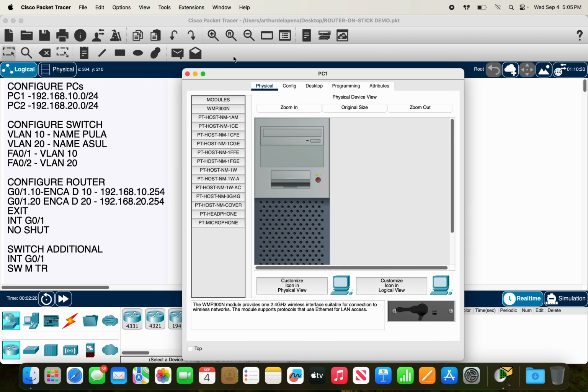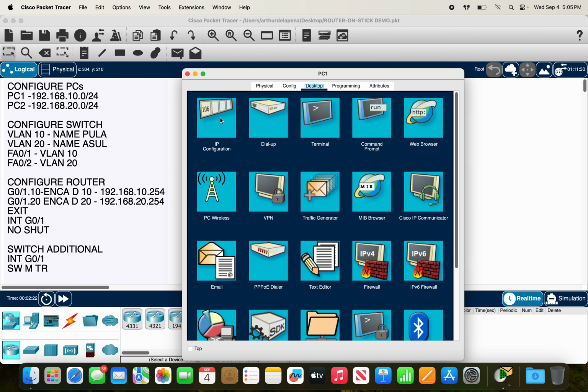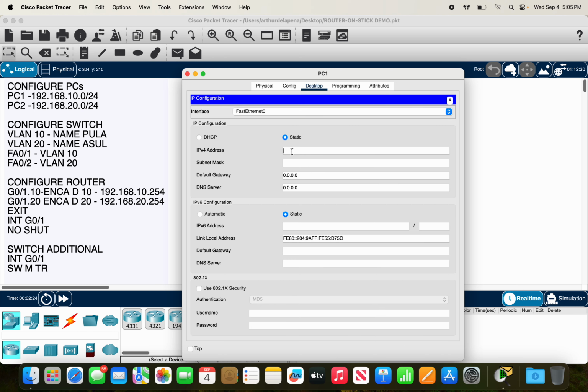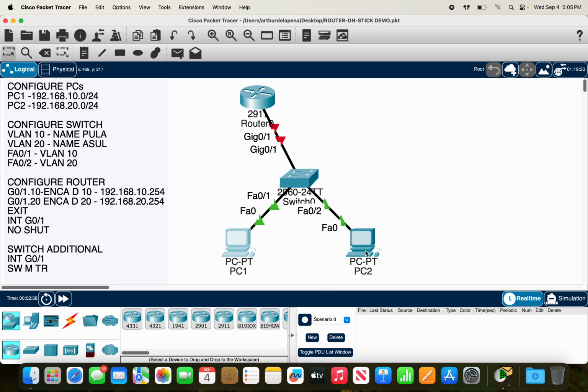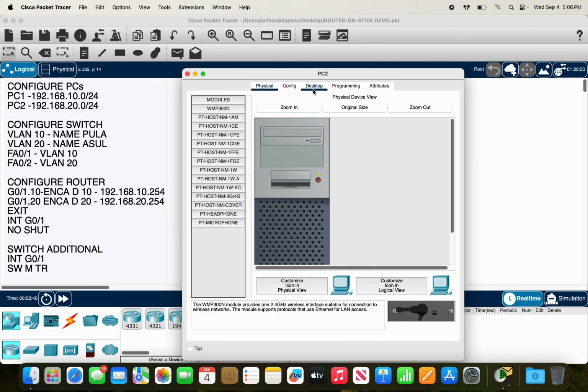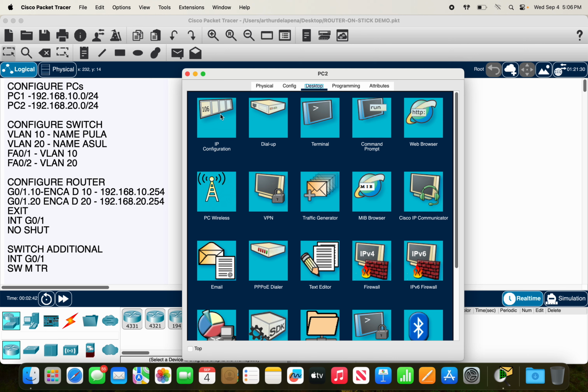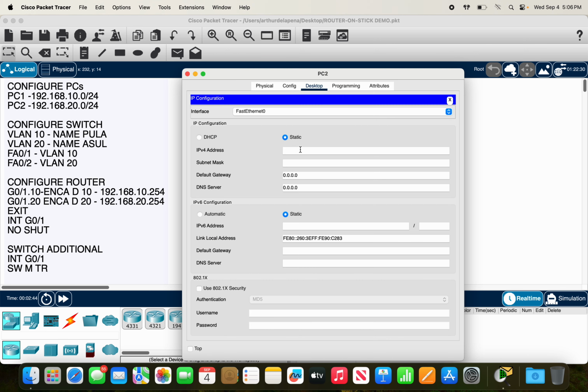So we can now click PC1. And this is 192.168.10.2, and then we copy paste, then close. Then next we click the desktop, IP configuration, then the IP address of the